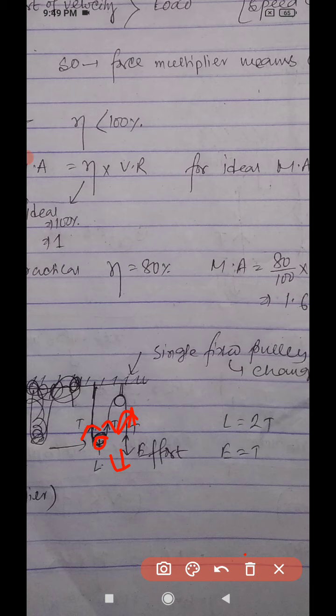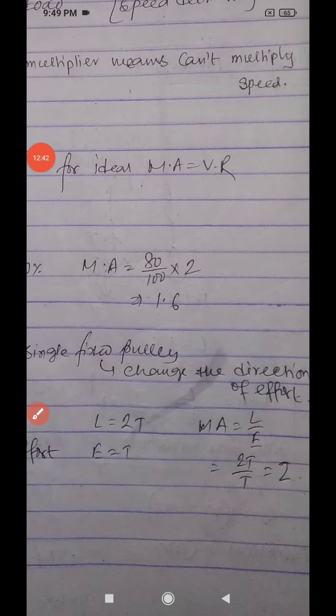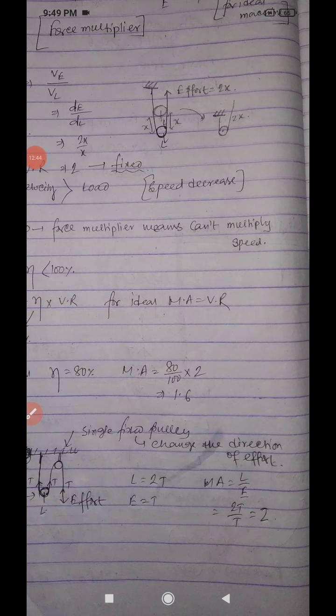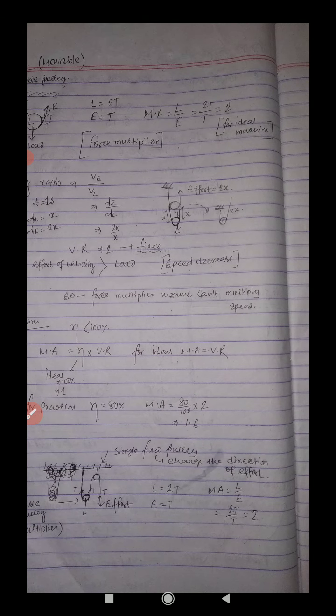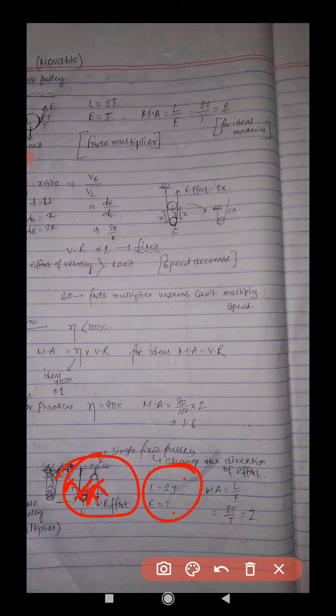I hope all will be clear. Here also you can see the mechanical advantage is equal to 2. In the same way, we have just made an improvement to make it work better. Load is equal to 2T. You can see the load is balanced by the tension on both sides, and effort is equal to T on one side. That means the mechanical advantage here is also 2. We have only made some improvement to do the work better. Now students, a complex pulley, we will study a complex type of pulley in the next lecture. Thank you very much.